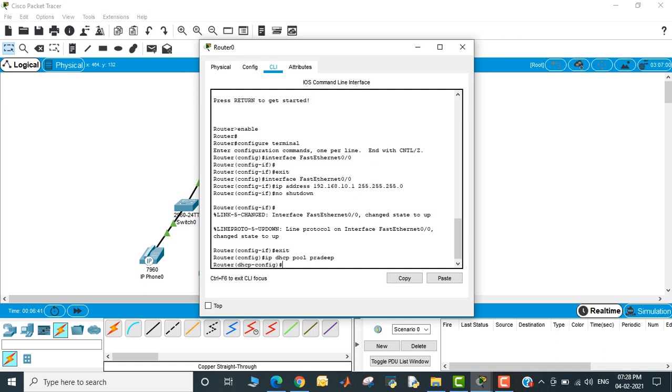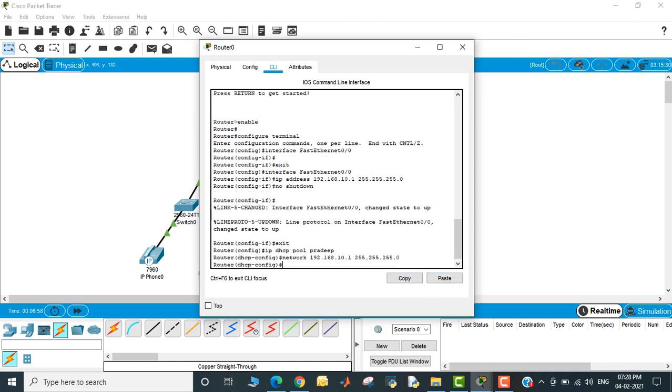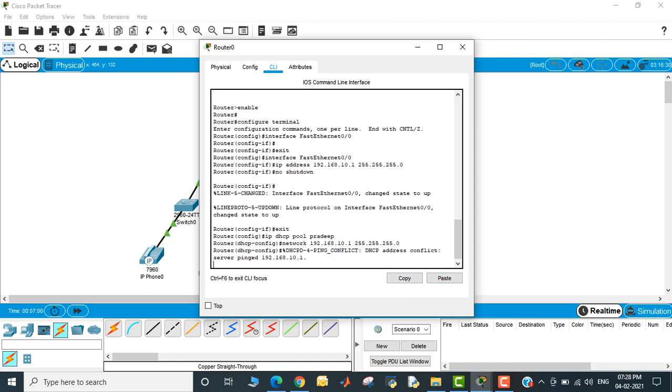Then I'm going to the network of this DHCP, the same IP address that I used, with the subnet mask. Copy and paste here. Then I'm going to give the default router.